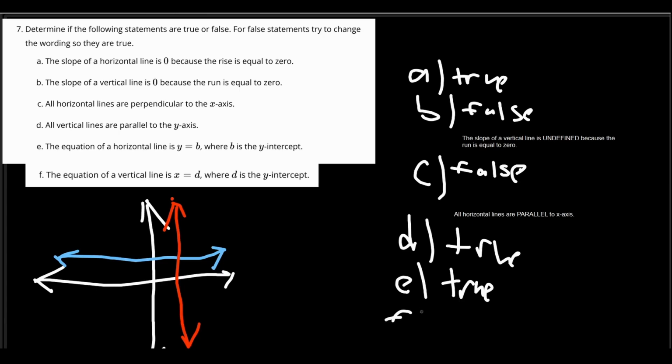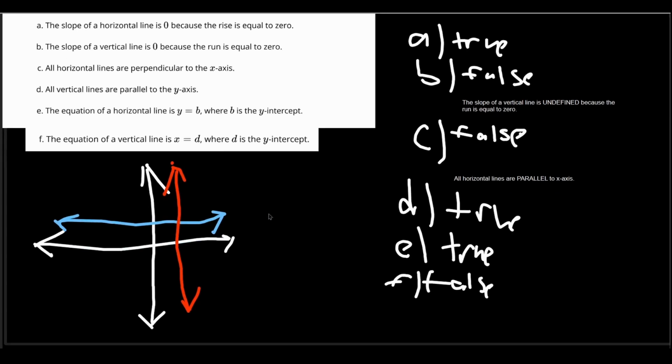For F, it says the equation of a vertical line is x equals d, where d is the y-intercept. And this is false. And it's false because d in this equation would be the x-intercept, not the y-intercept. So